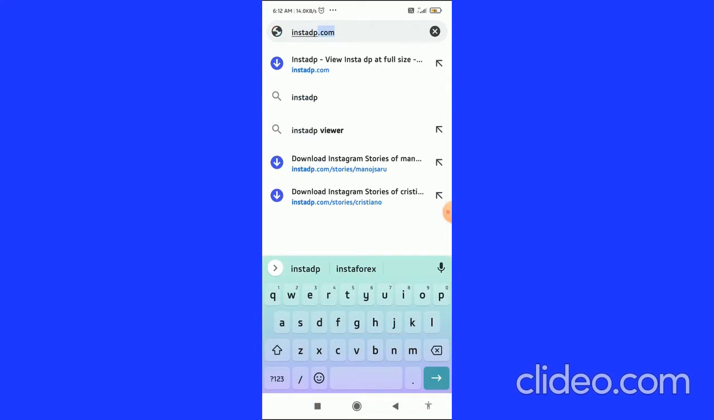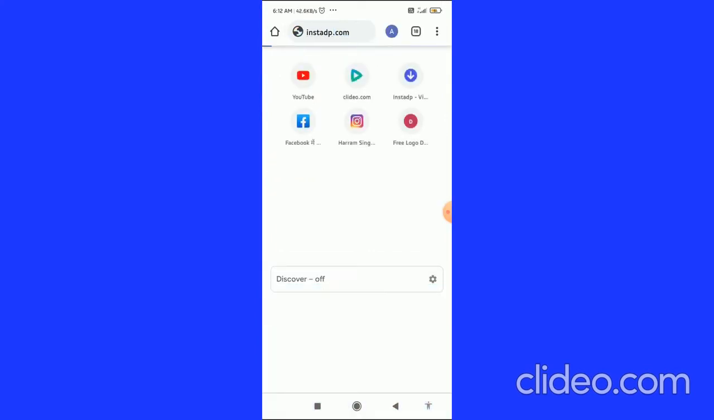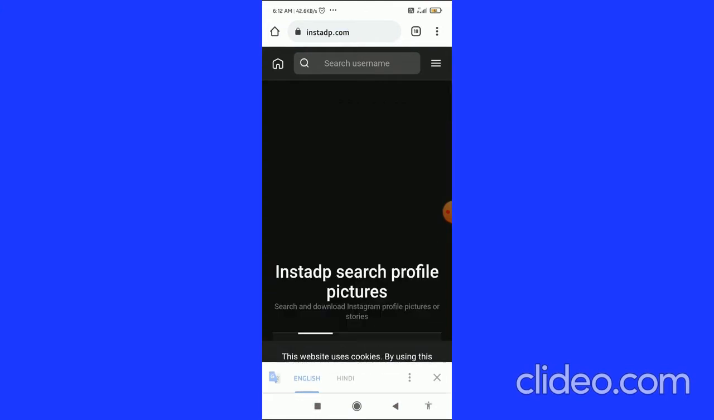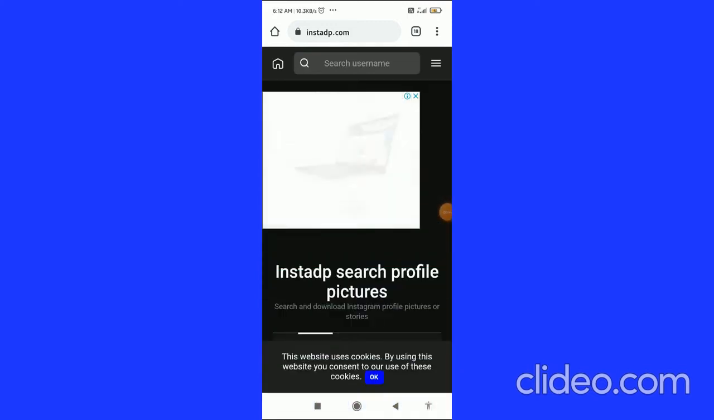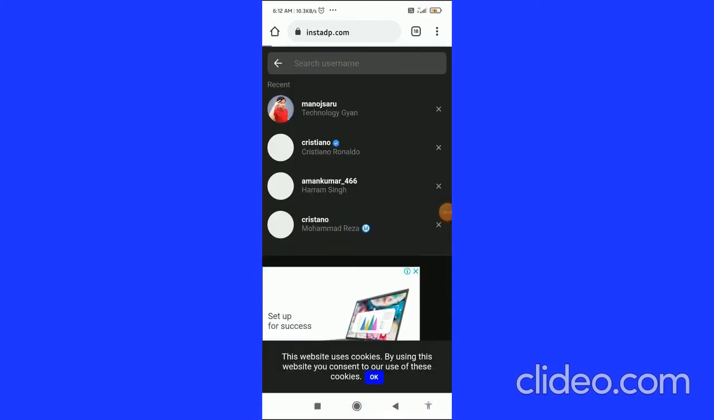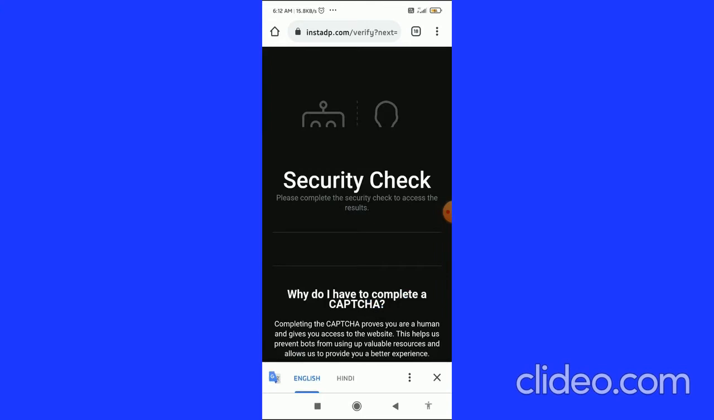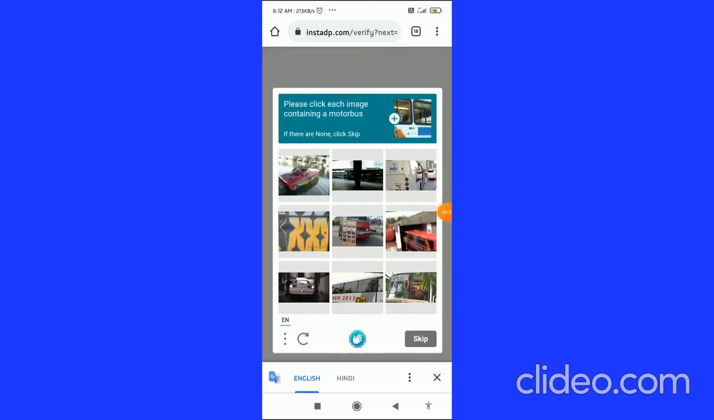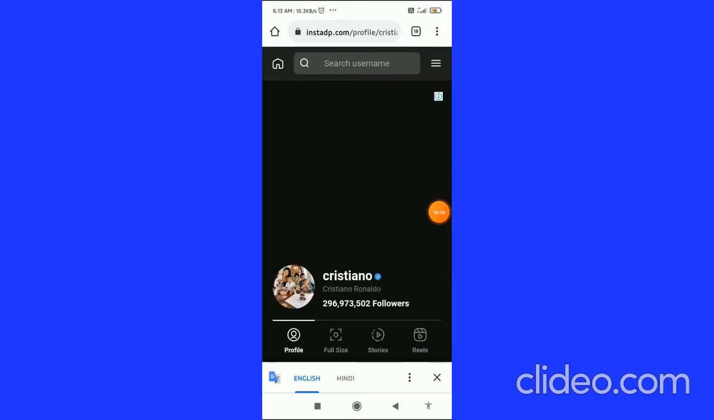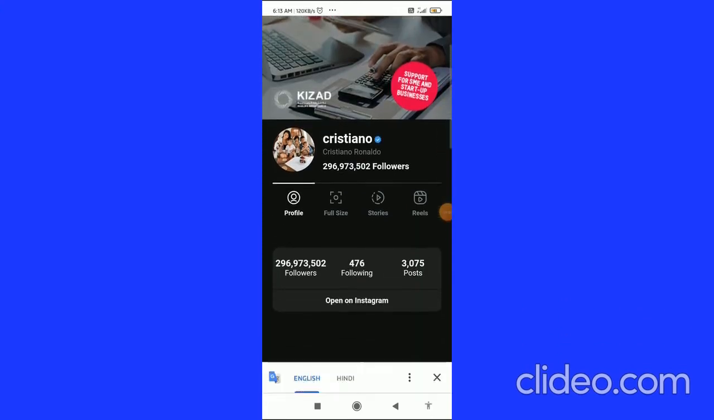instadp.com here, and then you have to search for it in the browser. And when you search for instadp.com, in the search username you have to click on the search username, and then you can search for Cristiano and other people that you want. You also have to fill in the security check. So after filling the security check and verifying that you are a human, you come to this page,